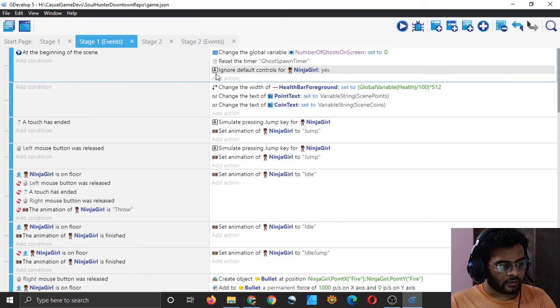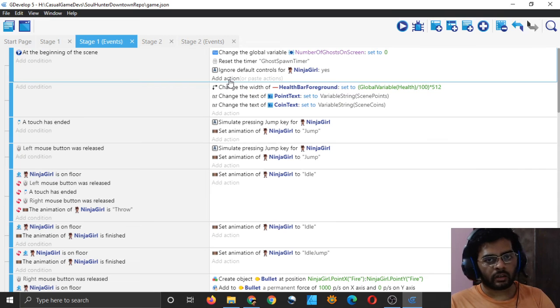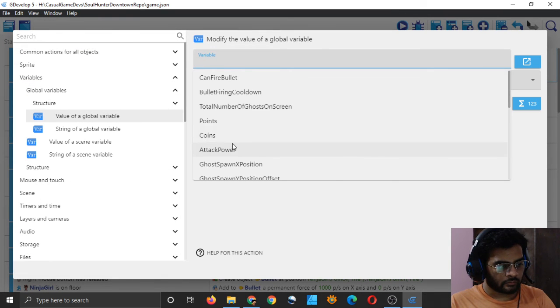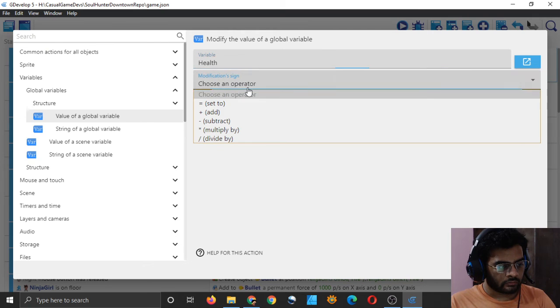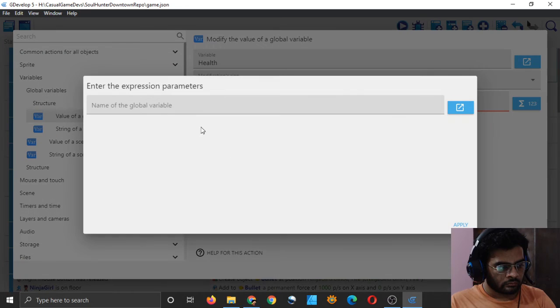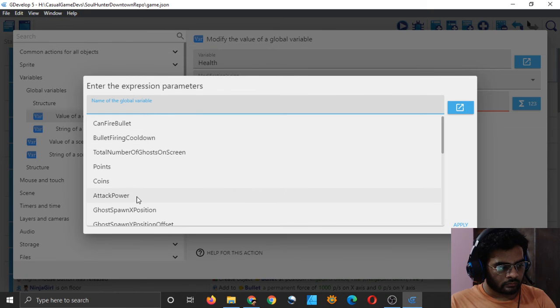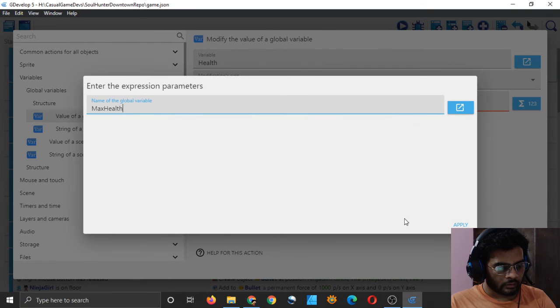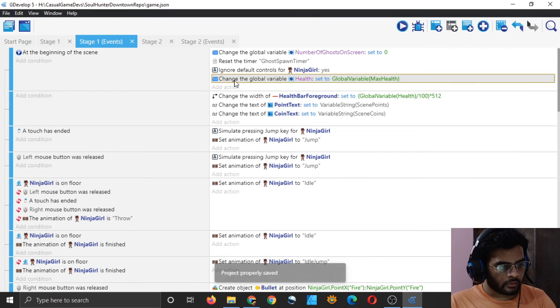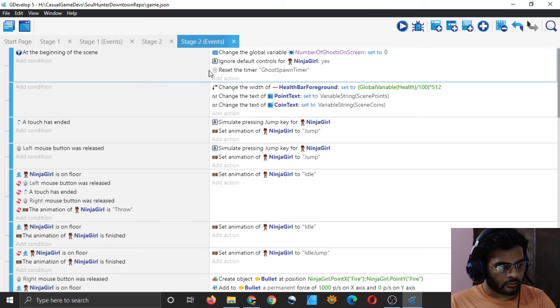And at the beginning of the scene, set the global variable health to max health. And then copy this and paste it in stage 2 also.